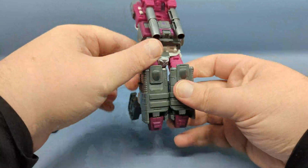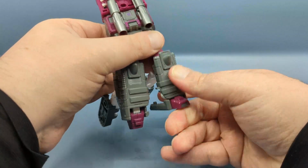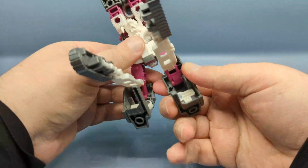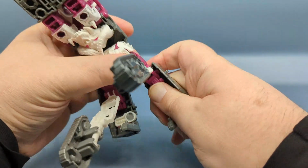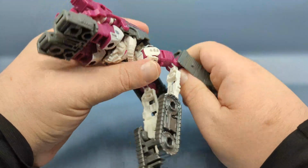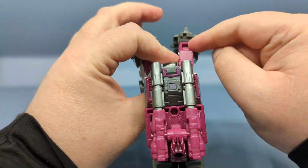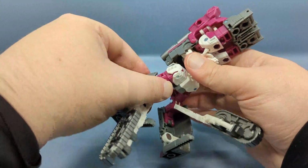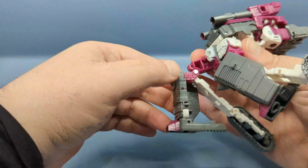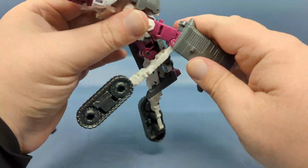Now, what I would recommend is separating the leg so you can get more of the leverage you need. Bring the foot down. And this definitely, the best way I've found to do this is push up on the joint with your thumb. That will bring it up into position that you have this square joint. Let me see how I can position this. This square joint right there. Once you have that done, you can then straighten the knee out